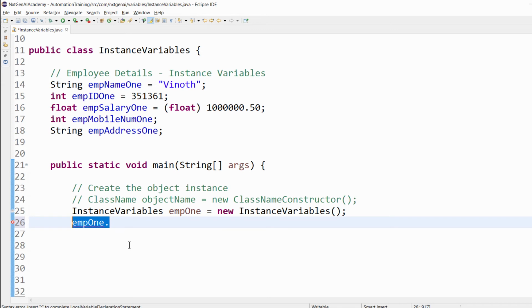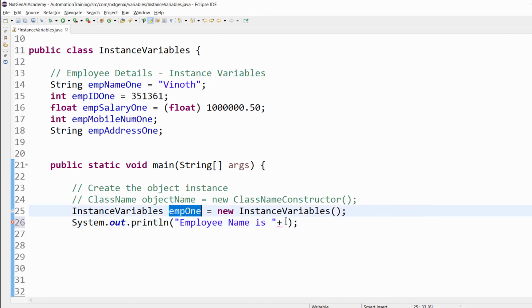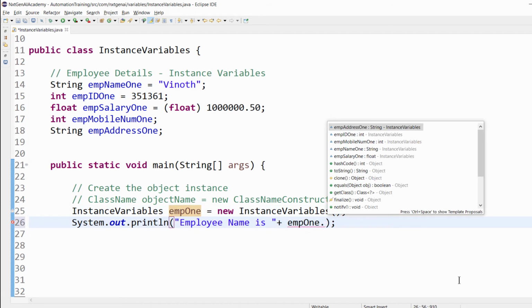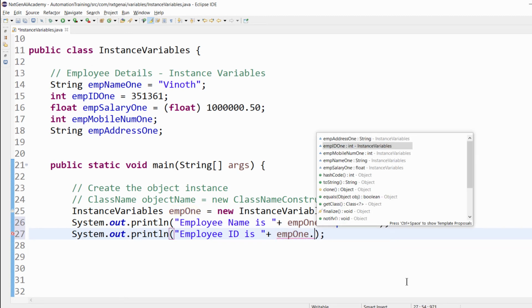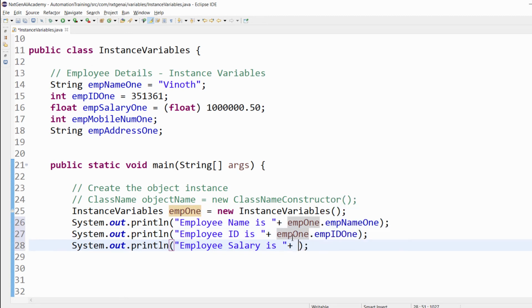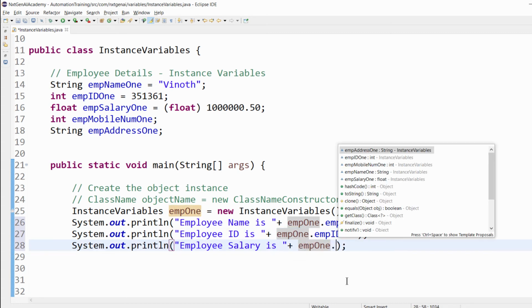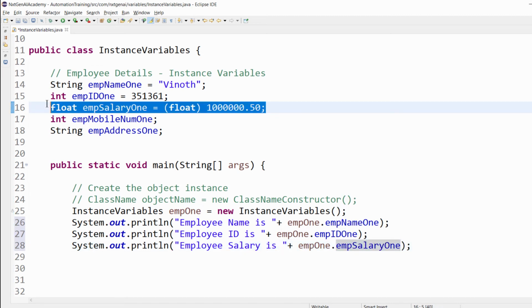Let's try to put this inside an output message. Employee name is the object name dot employeeName1. Same way, employee ID is employee1 dot employeeID1 variable. Then employee salary is employee1, that is the object, dot salary variable.